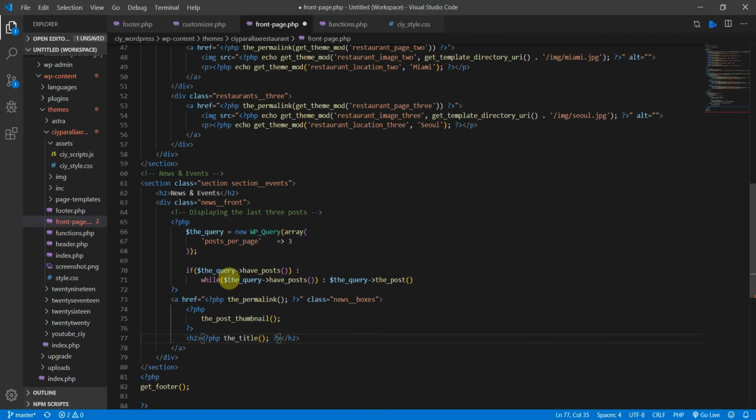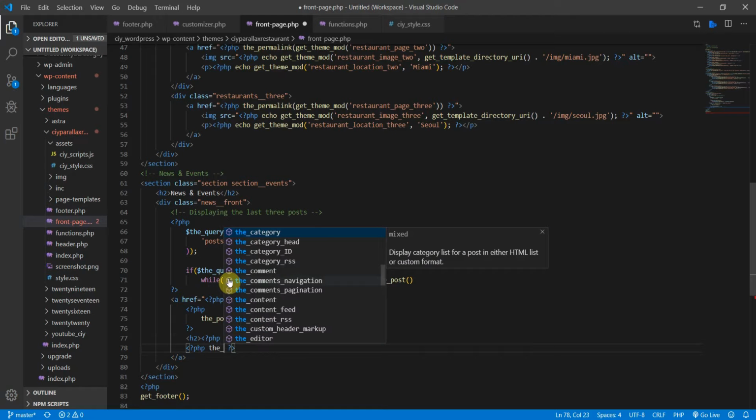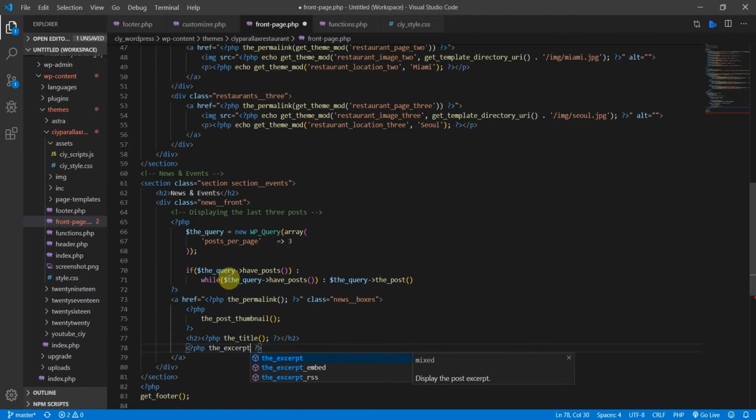And after the h2 tag, we can jump down one line. And now we need the excerpt. So let's do PHP. Let's close it there, and then the underscore excerpt, because you don't want the whole post. Let's say you have a lot of text, you don't want to display the whole text at the same time there. All right, and then after the a tag, let's get it back into PHP, and then let's close it off